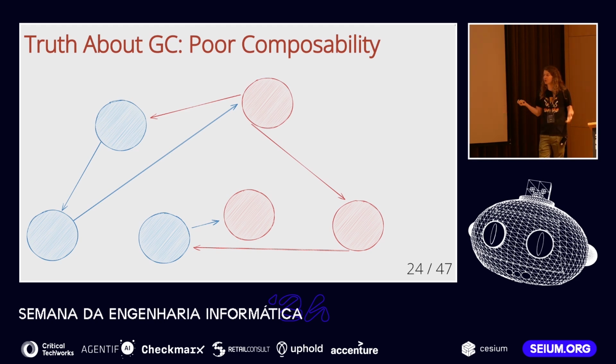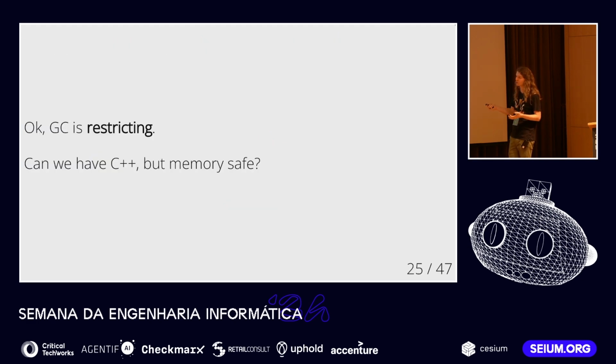And well, because each of those two languages actually wants to control the shape of the objects, wants to control the heap, you cannot do this trivially. So yeah, that's kind of like the limits of garbage collection as a solution to temporal memory safety issues. It is a solution. It often works, but it doesn't always work. It isn't flexible enough. So can we have something as flexible as C++, but safe?